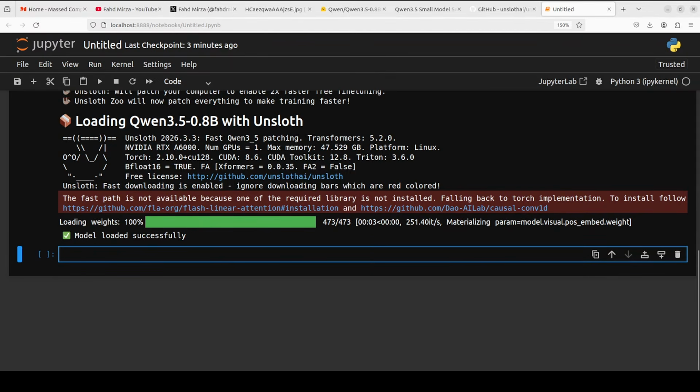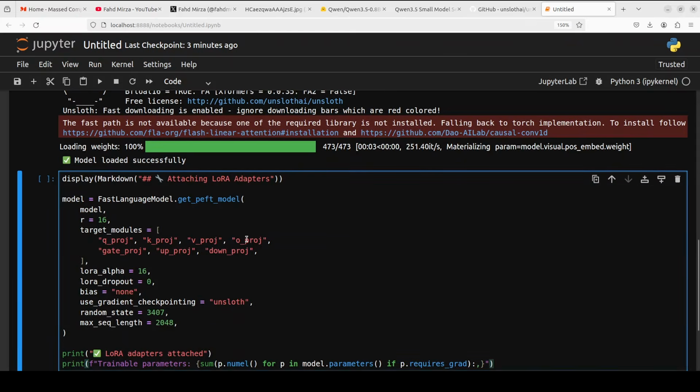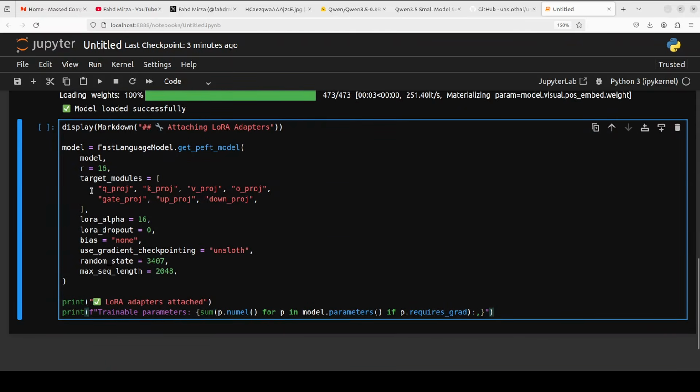And now, as I mentioned earlier, let's attach LoRA adapters. Let me first explain what exactly this cryptic cell content means. This is where the magic of low rank adaptation actually happens. So instead of fine tuning or retraining all 800 million parameters of this model, which would be very expensive and time consuming, LoRA freezes the entire original model and injects small trainable matrices of multi-dimensions, of course, or vectors into specific projection